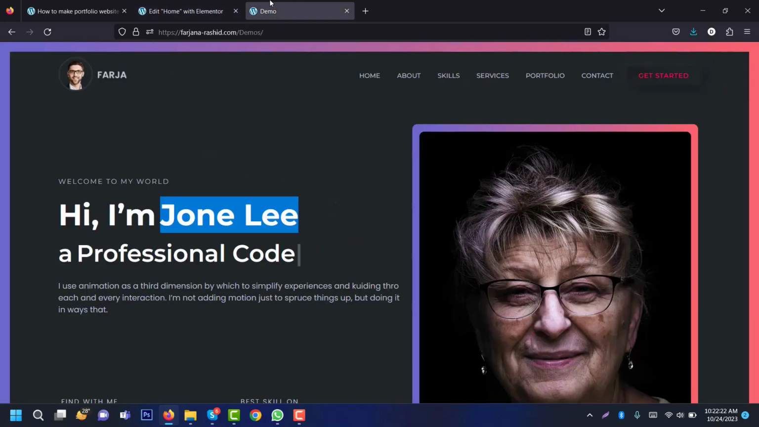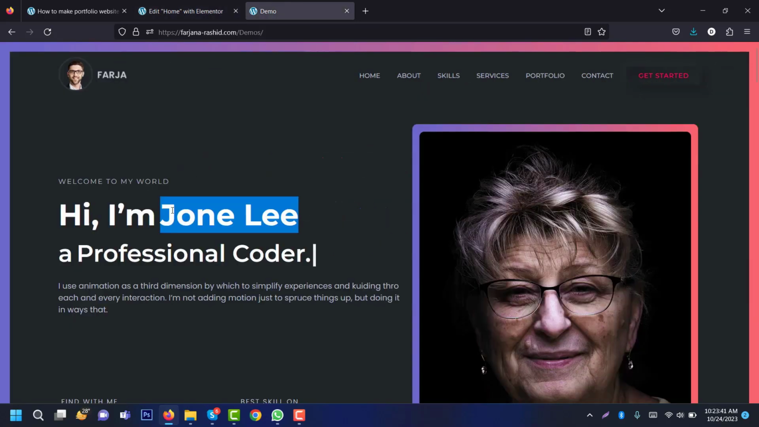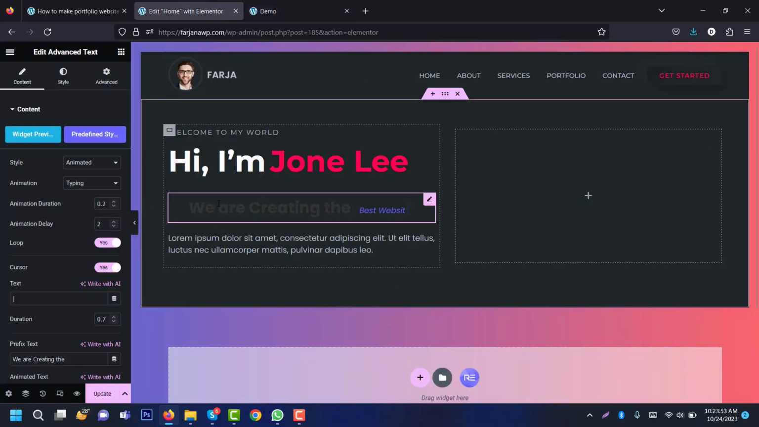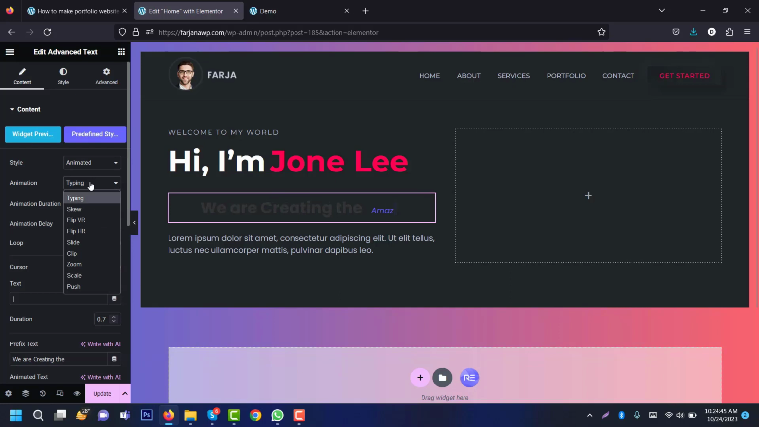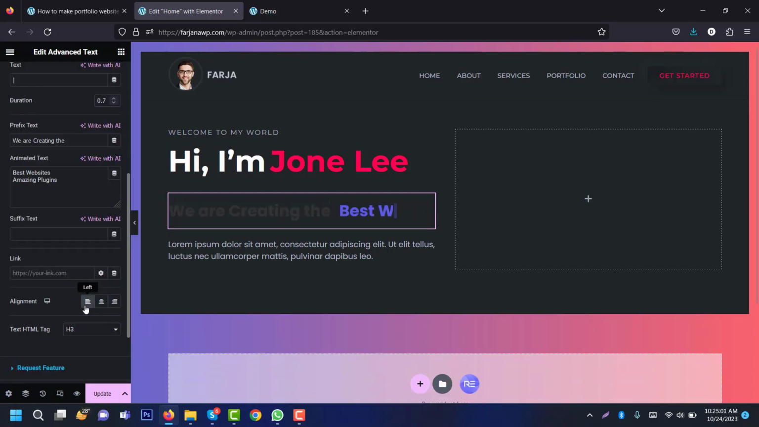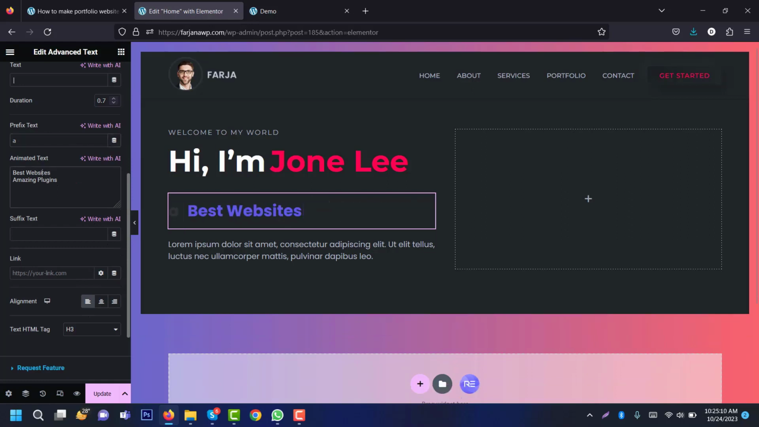Alright, looks good. And then going to the next one, so this is animated text, a professional coder, a developer, so we can change our text, going to add this. From here the style is animated, animation type we can select different kinds of animation. I'm selecting this clip, and the alignment, I'm making the alignment to left, and now going to add our text,